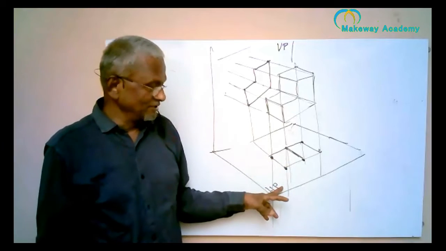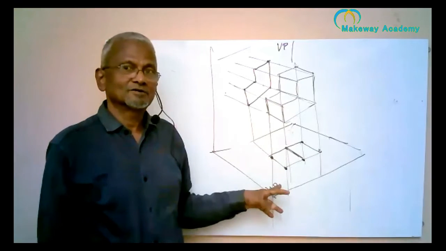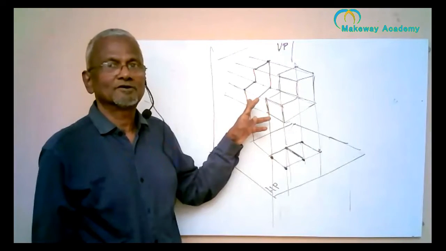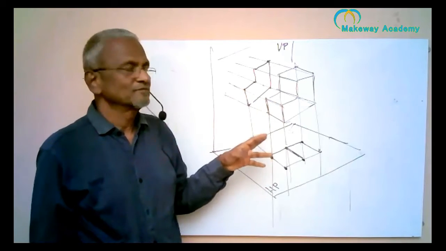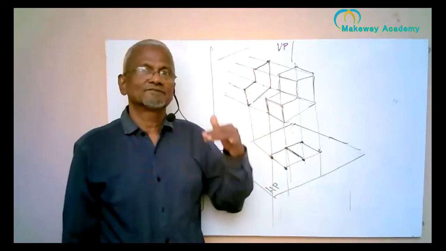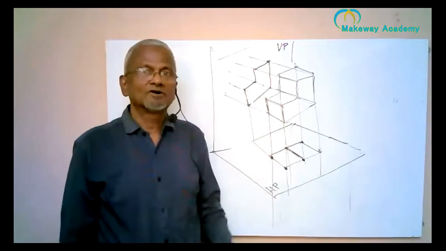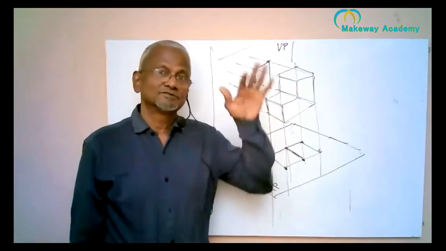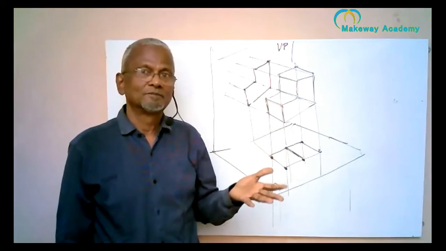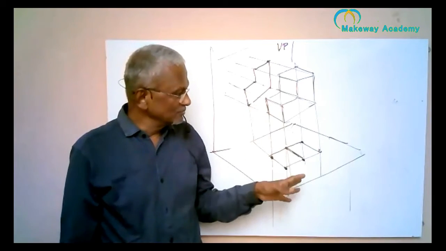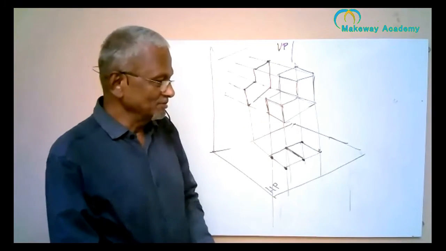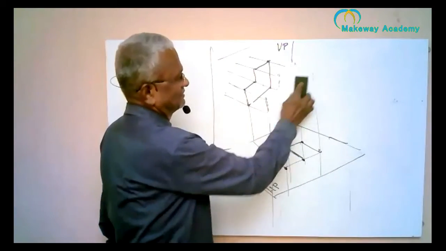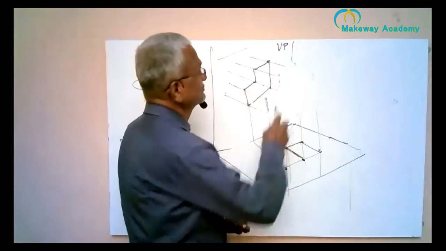This is the projection obtained on the horizontal plane. We may call it the horizontal projection. This is the projection obtained on the vertical plane, so you may call it the vertical projection. The other name for the vertical projection is front view. You can also call it elevation. Again, the other name for the horizontal projection is top view. You can also call it plan. Now I have got two views. I don't need the object anymore. The object is not needed now. So I have got the projections.